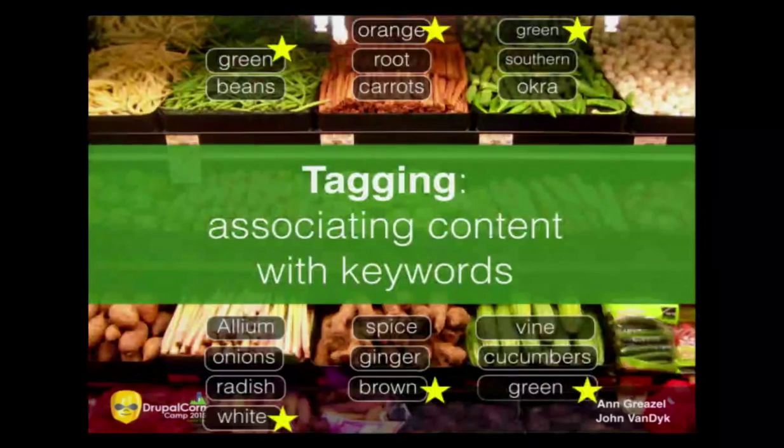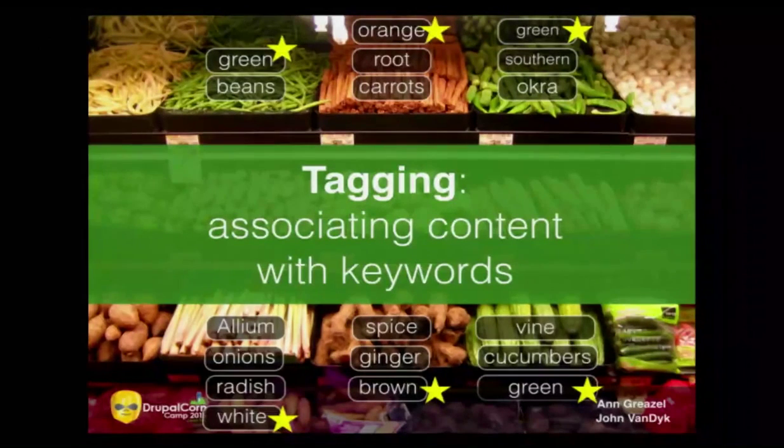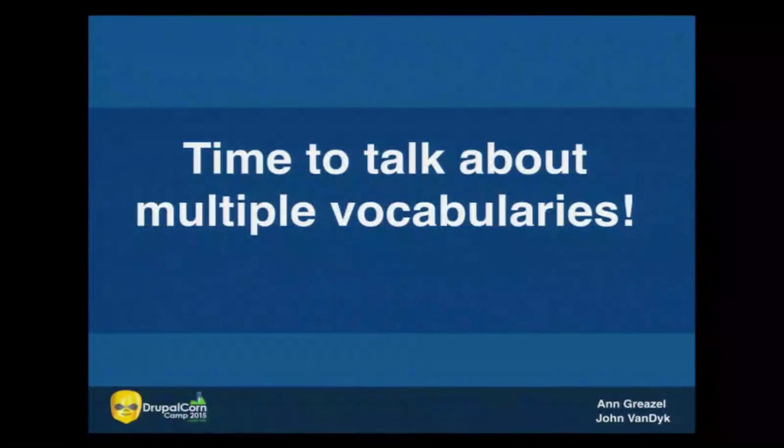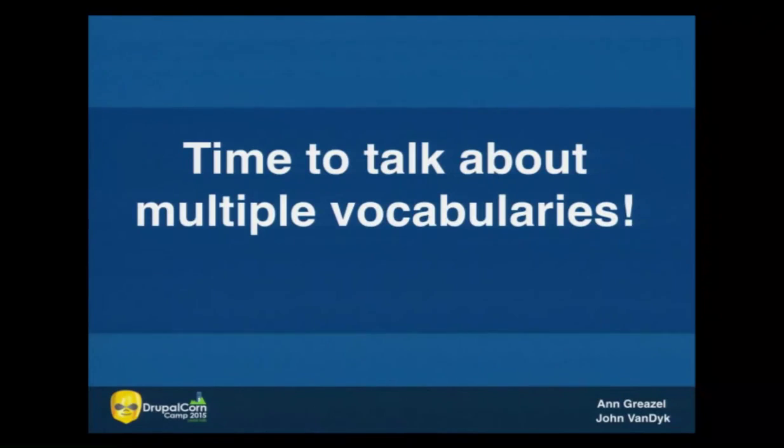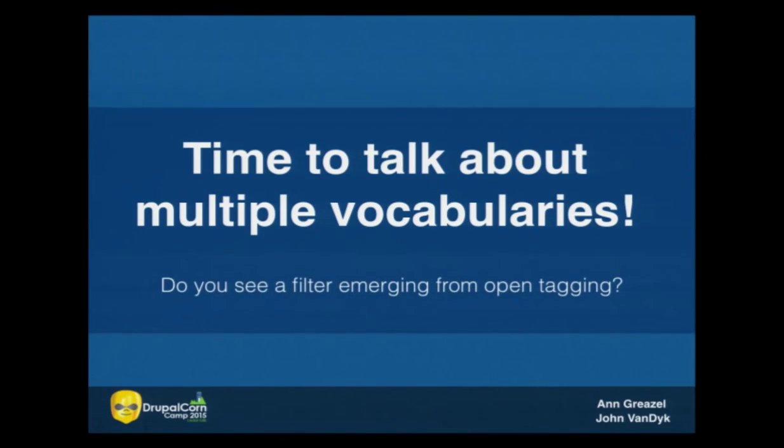So what could we do? We can take all of those colors and pull them out of this big bucket of words that we have in the tags vocabulary and make another vocabulary. So that is something that really, if you're lucky, you get to think about this before the site rolls out next week. If you're not lucky, you inherited a site that does this. And then you're going to have to basically pull all those terms one by one out of the one vocabulary and put it into another vocabulary, which is painful.